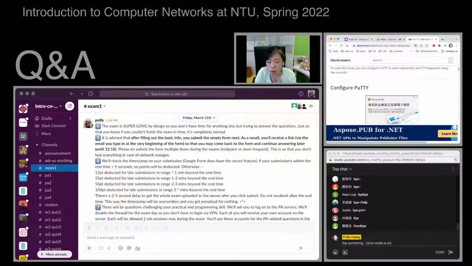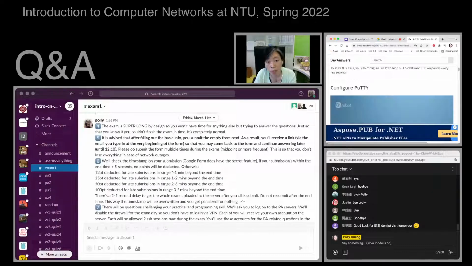This is usually because the server is not reachable. It depends on who you are connecting to. Let's see if I can connect. I can connect to the PA server fine. But sometimes the delay might be a little bit too long.